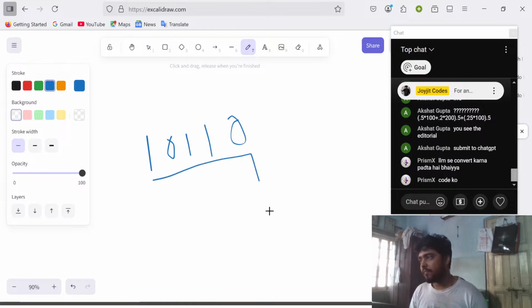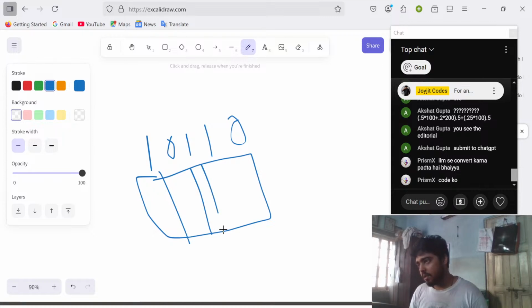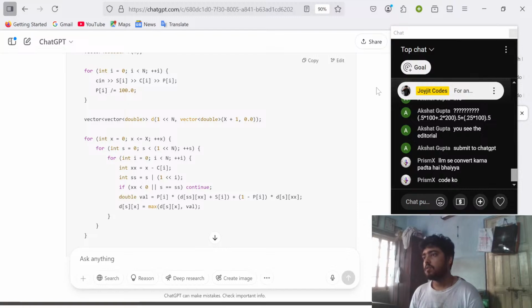नाउ फ्रॉम हियर इफ वी आर यूजिंग द फर्स्ट वन, द थर्ड वन एंड द फोर्थ वन, ठीक है, यूजिंग this this and this, and after using these, we have to find out what is the value that is coming. Okay, we are finding out what is the value that is going to come. That is p of I, whatever the probability of solving it. So whatever we have already got in d of it, d of s of x is. So we have to make it that as it